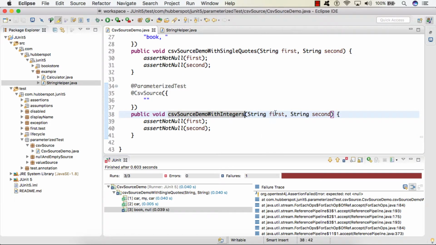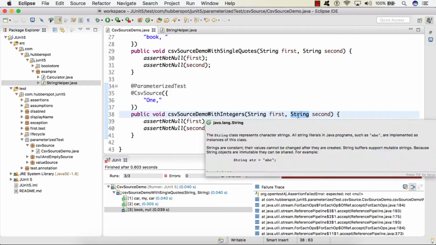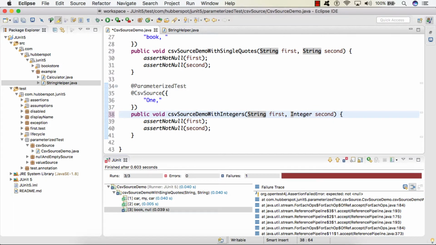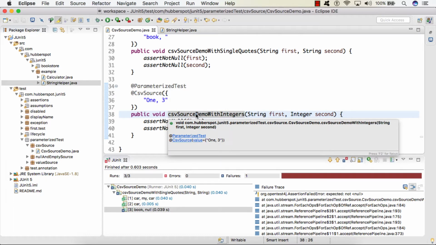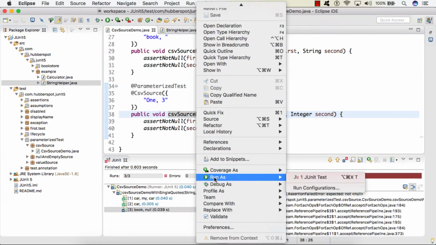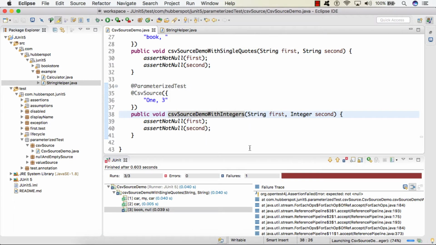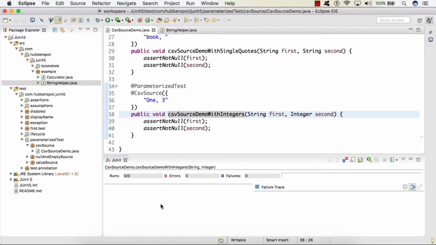So let's say the first value would be of my string. So I give a value as 1. And let's say I provide a string value. Here I simply give the value as 3. So if I run the test case now, you can see the test case got executed successfully.